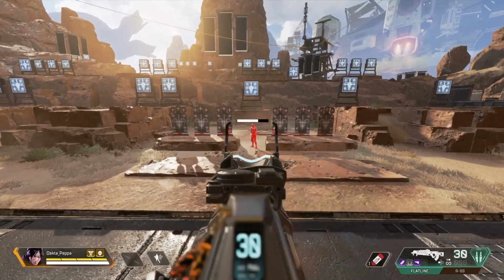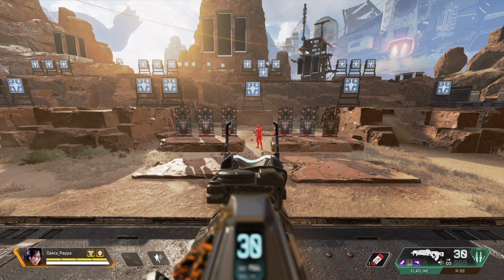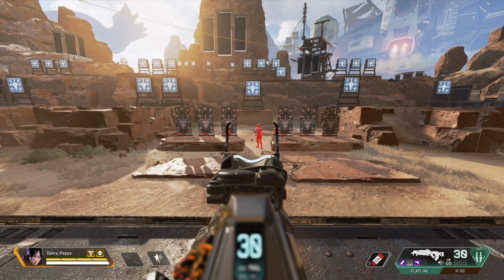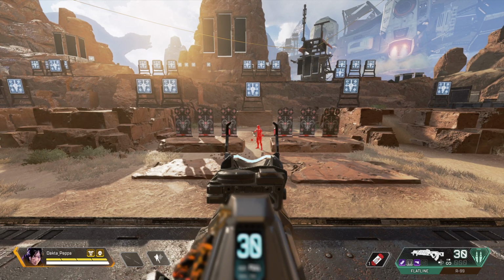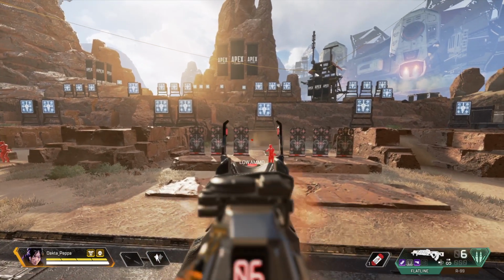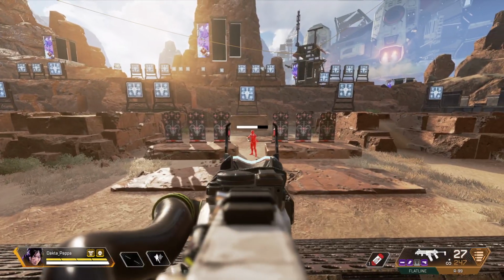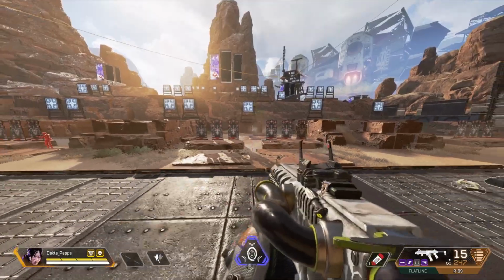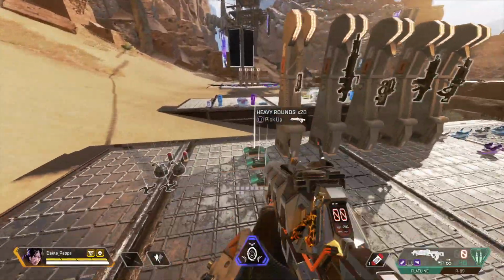So if I empty this clip on this guy, what's going to happen is it's going to automatically switch my gun, but I'm so used to switching my guns when I empty my clip to finish an enemy off. What will happen is this right here. I'm going to empty this clip, and then now I can switch to my gun myself and finish this guy off, right? Now, if I have that set the other way,